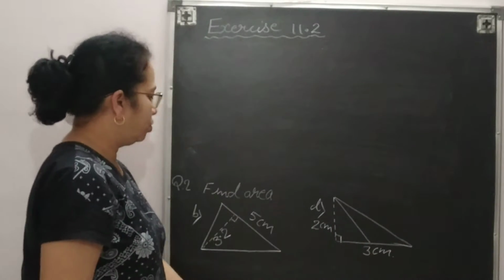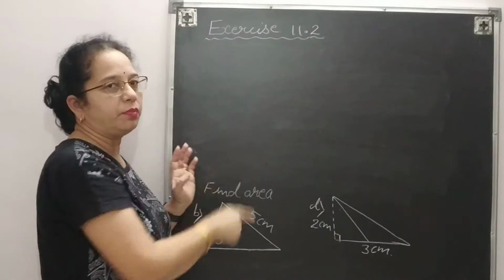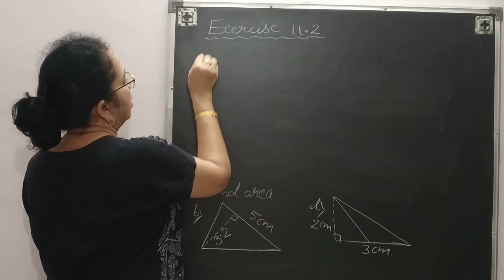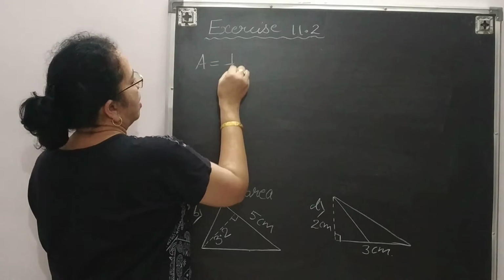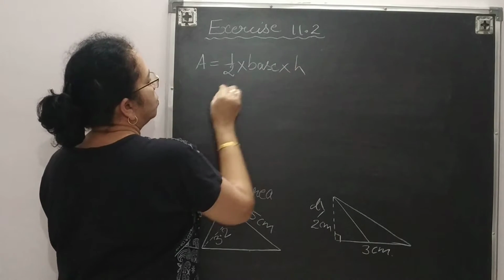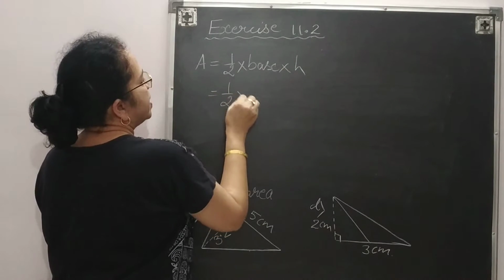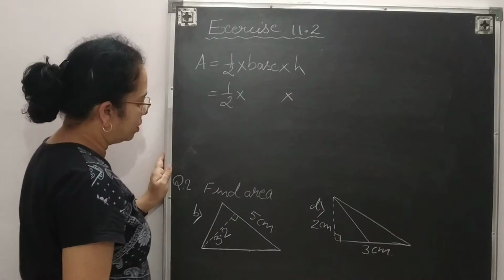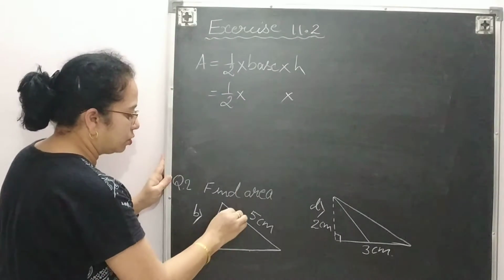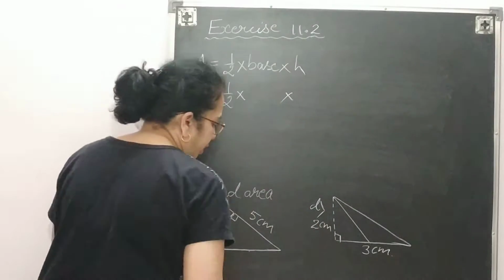Okay. So question number 2. Question number 1, parallelogram is there. Question number 2, your triangle is given. So what is the area? Half into base into height. As I said, don't think about the base. Look at the height. Which one is the height? This is perpendicular. So this is your height, 3.2.